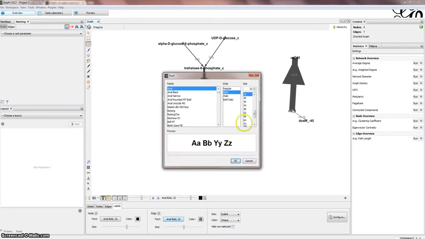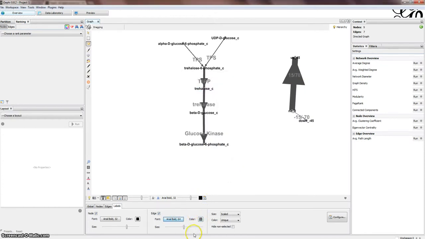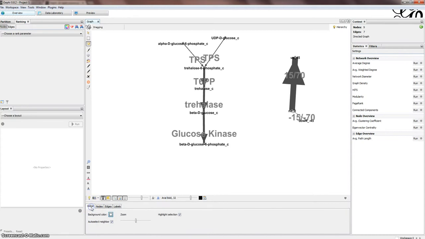I can go here, make them 64, and then even though I have that, I can still, like this, on that gray color might be better. I might change the other one that I've completed. Let's see, then we can come here to global. We can change our background, our nodes. We've got a disk 2D. I like the spheres. Our edges, we can do anything that we might want to there,